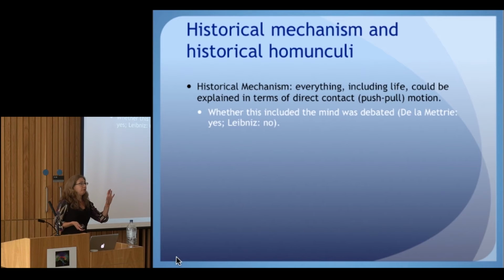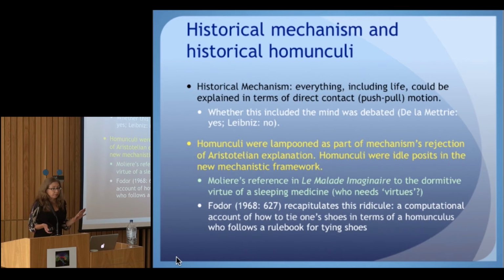And that was supposed to... Descartes was a mechanist in everything except the mind, right? Everything, animals did not have minds. They could be completely explained in this mechanistic fashion. Okay, so within this context of a drastic change in the way you explain the natural world, homunculi, right, were